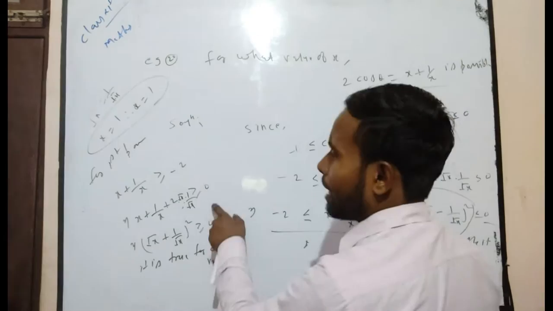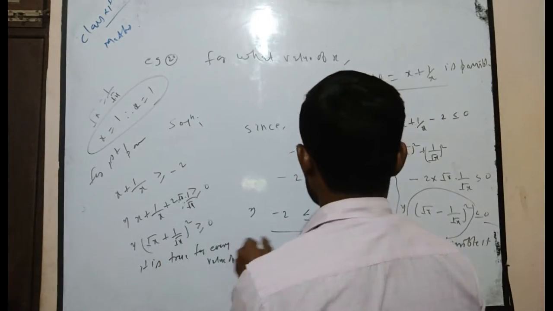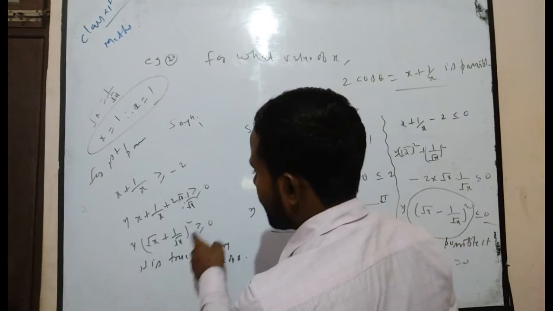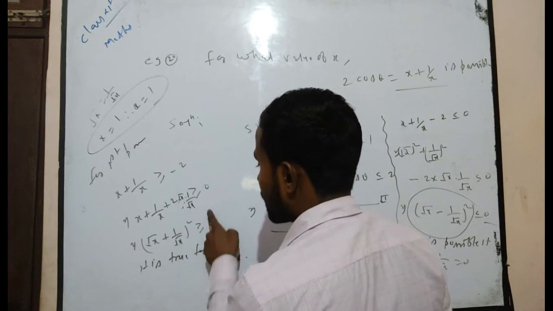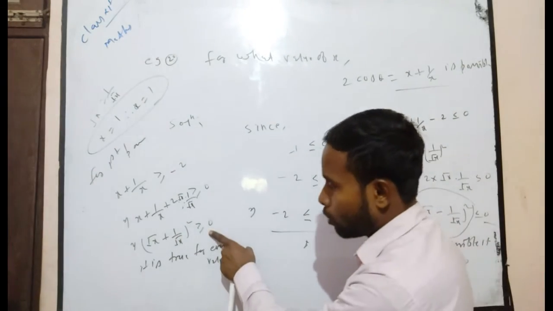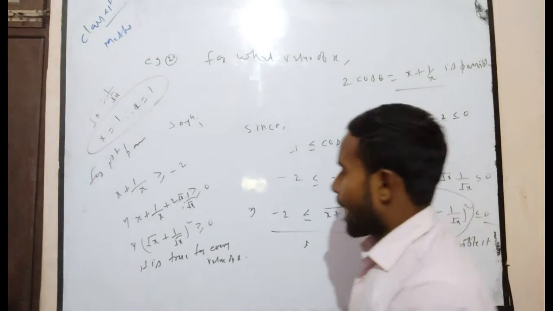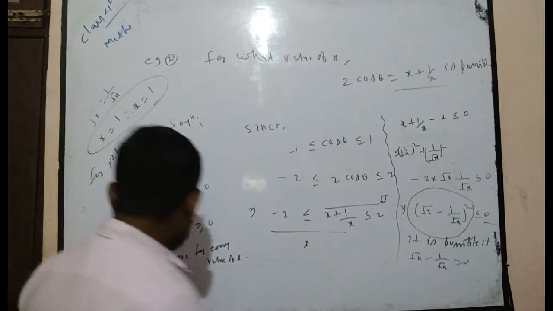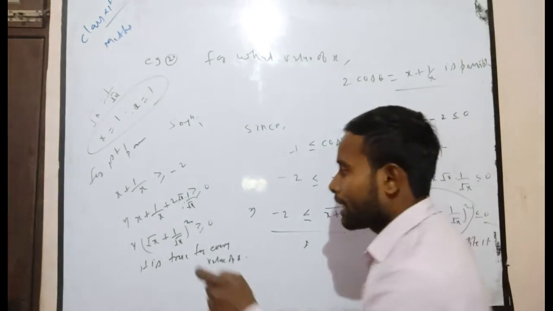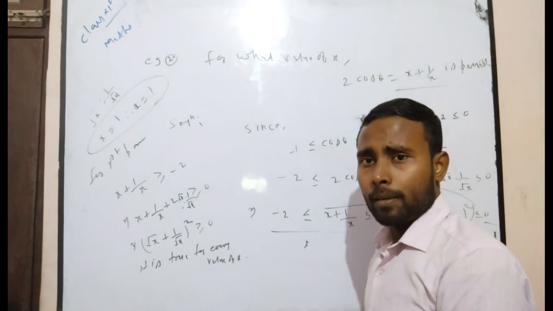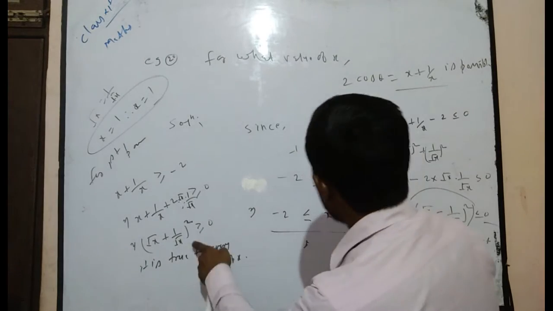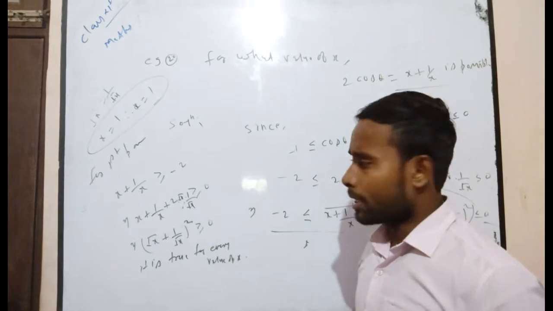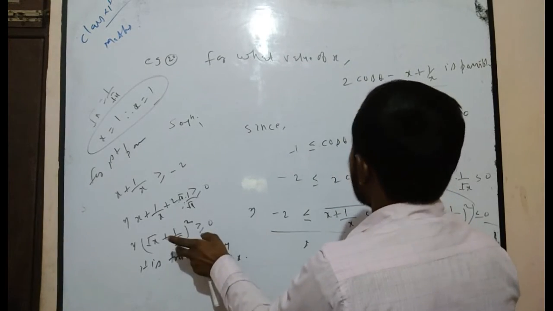But if you consider LHS, here x plus 1 by x is greater than or equal to minus 2. After calculating, you get root under x plus 1 upon root under x whole square is greater than or equal to 0. Now, algebraically it is true. But do you know, if you put the value of cos theta in its place,